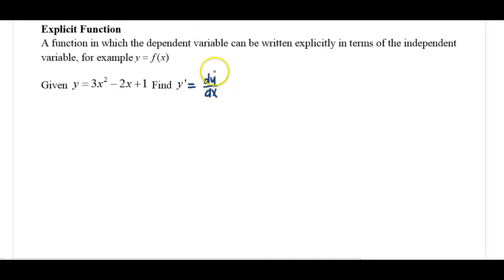And another way of being asked to find dy dx is being asked to find the derivative with respect to x, so d dx of y, of the function y. So the reason why I want to remember this right now is because I actually want to solve this using a different set of steps than we normally do. So normally we would just jump straight to the left side being y prime. So we would just go ahead and write y prime equals and then use the power rule on the right hand side. What I want to do instead is think about